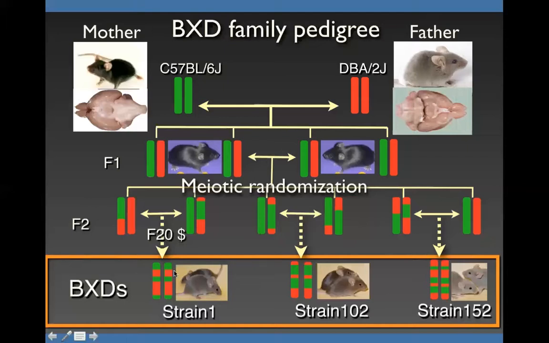The key thing about the bottom is just to note that we've got a set of many different strains of mice, 152 here. They all come from the same family. So we have the advantage of very powerful genetics because we have a family rather than a GWAS. We don't have quite as much precision as a GWAS, but good power. And we have the ability to come back to any particular strain of mouse or rat and redo an analysis to see how reliable our results are and to see whether we can intervene in a smart way, say to